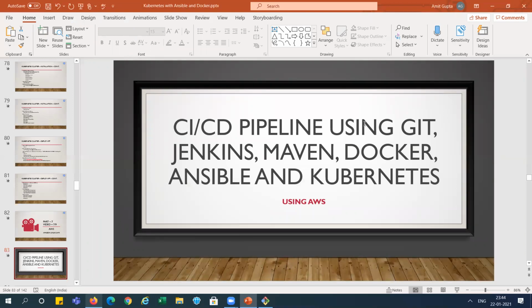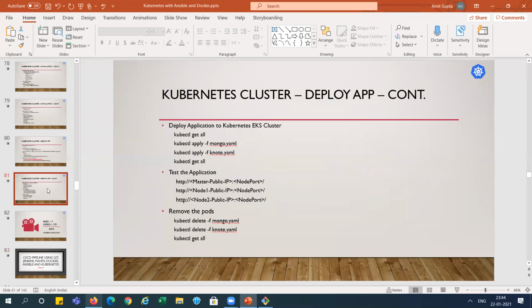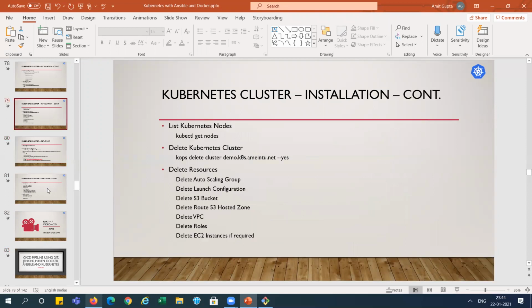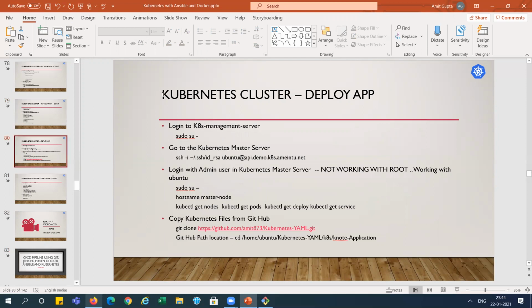So I will use the same Kubernetes cluster there, and after the end of that demo, I will run this command and remove the Kubernetes cluster, right? You can get this in the next video. This is part 7, but we are still in part 6. We have done the installation portion, and I'm keeping the deletion for part 7. Now we need to deploy some services on the cluster and check whether they are running or not, right?